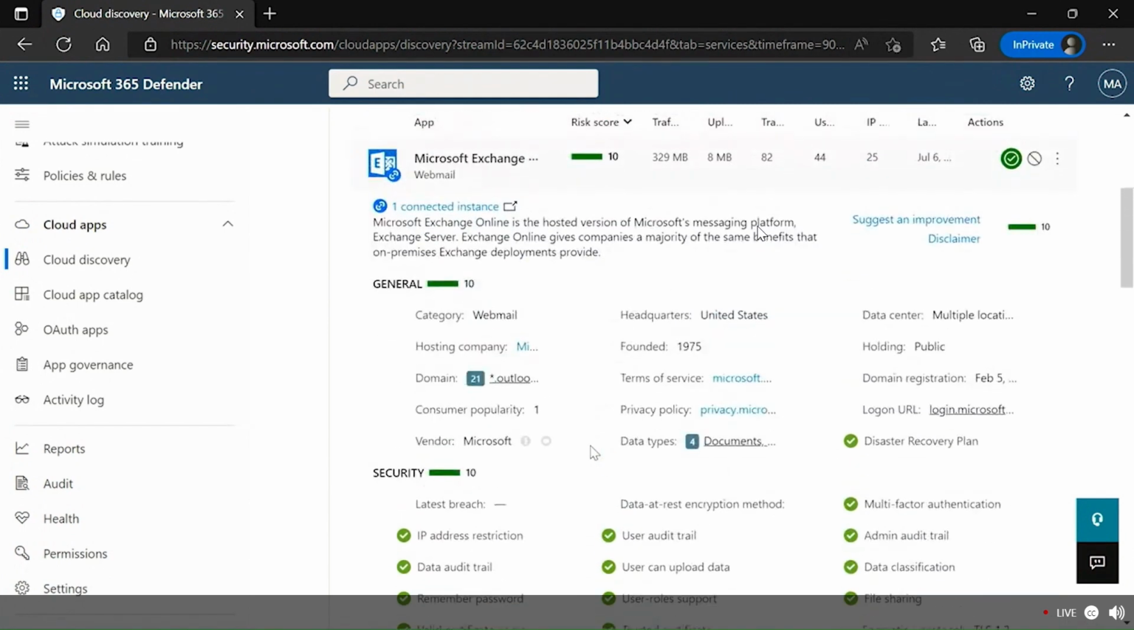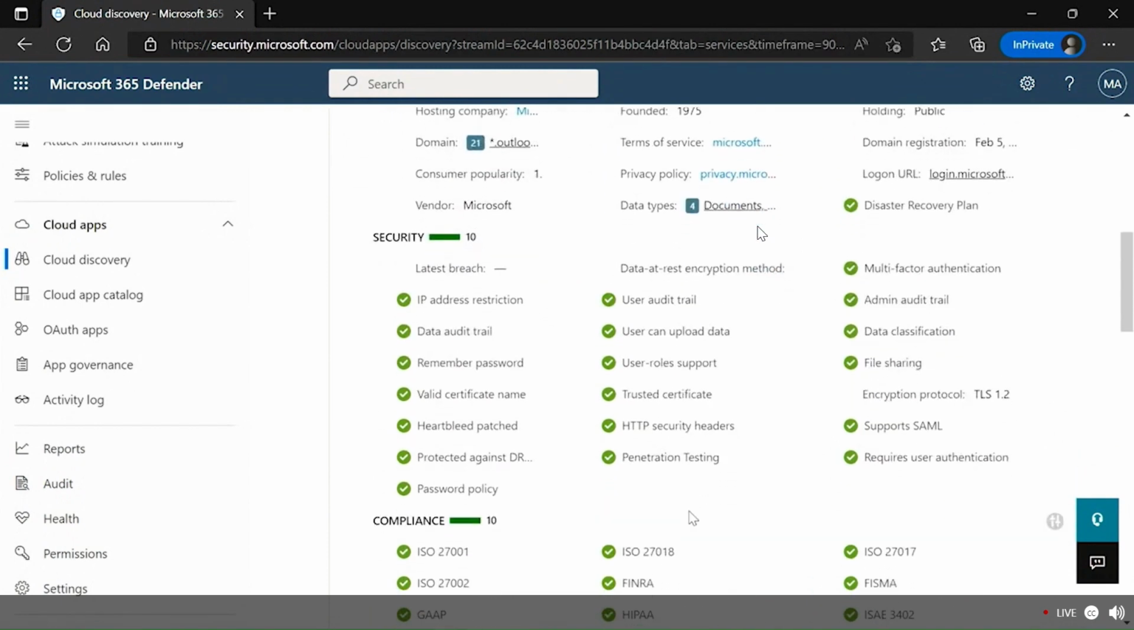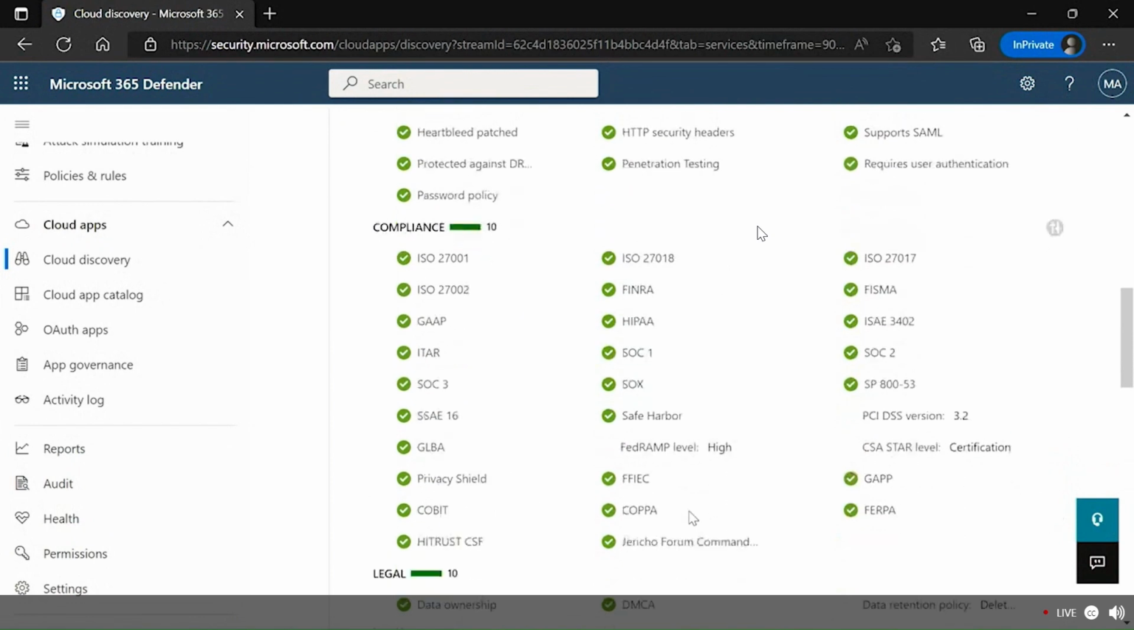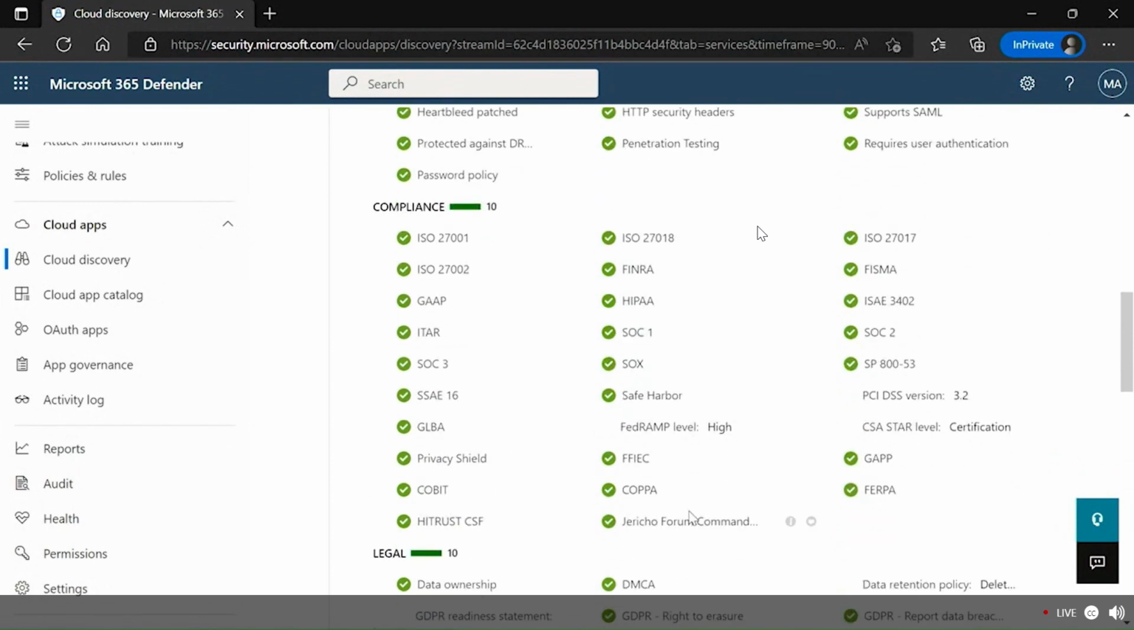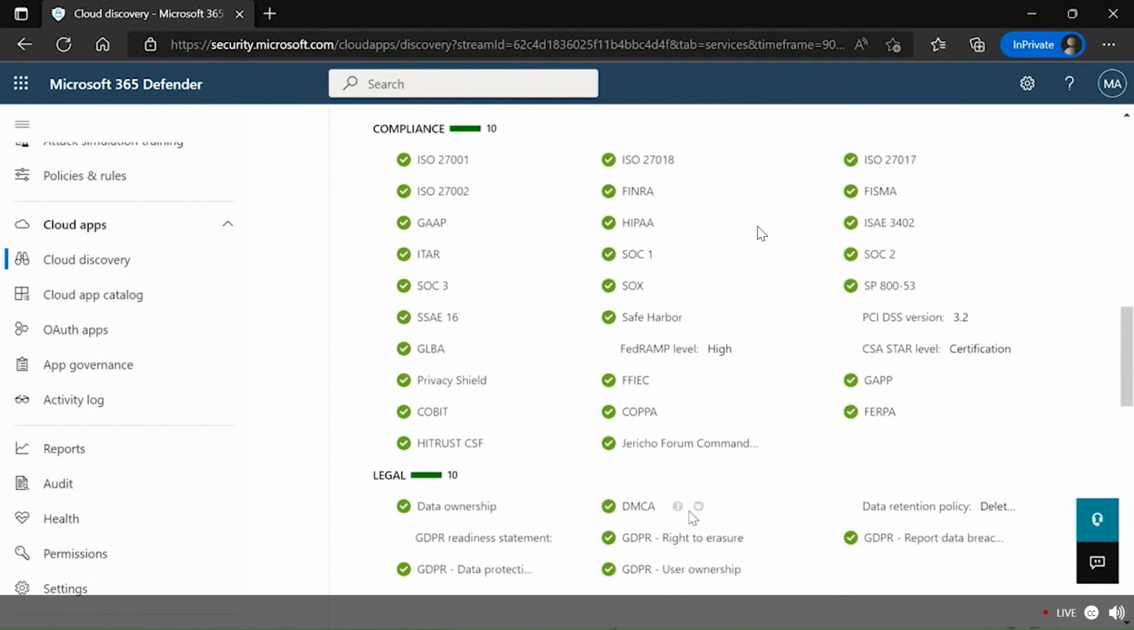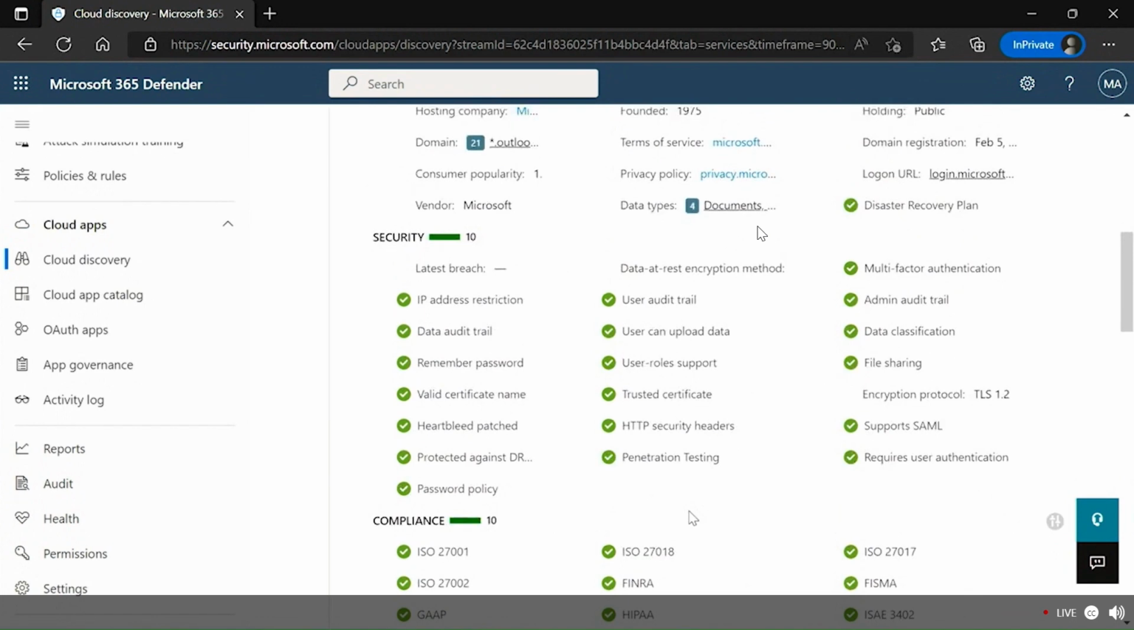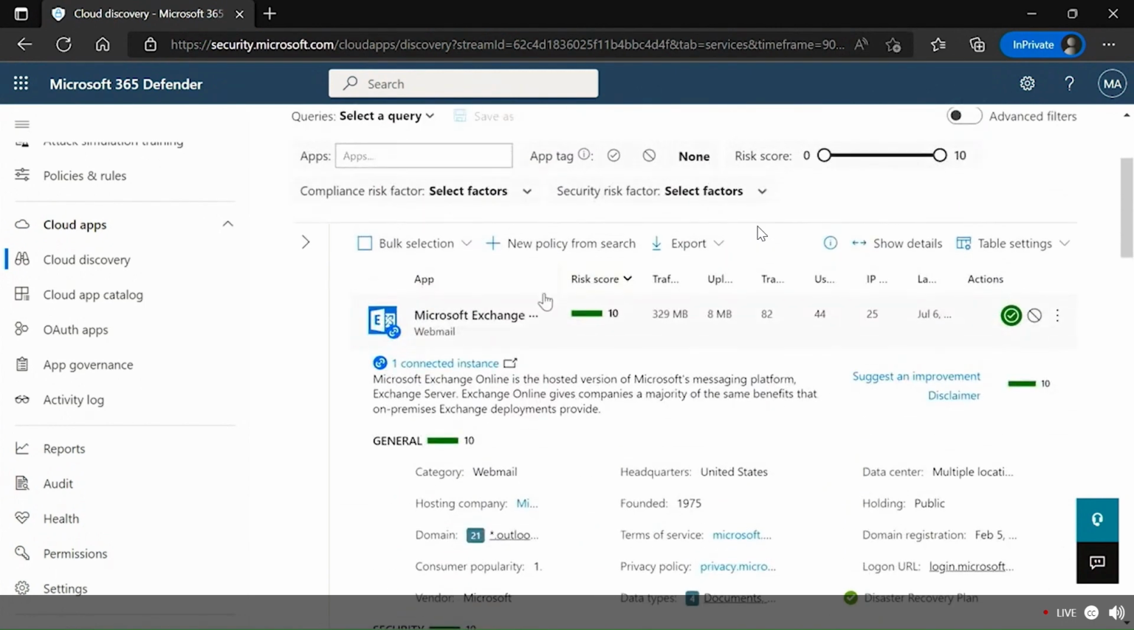This particular option for Microsoft Exchange is rated 10 because you can see it has all the green ticks available next to it, along with the compliance standards and the legal aspects, and in terms of security, it can cater for all of these options, and these are all switched on. Now if we look at